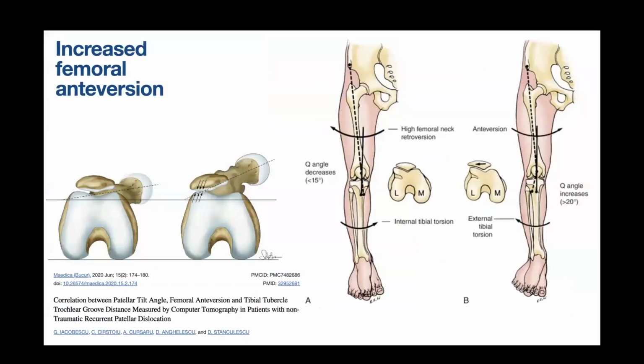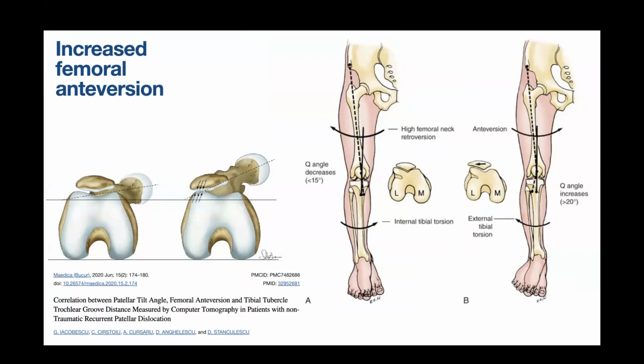Increased femoral anteversion. When you have an increased femoral anteversion, your femur tends to go into a state of adduction and internal rotation. Thus, the tibia tends to compensate by going into more external rotation and abduction, increasing the Q angle, which then will lead to patella instability. A normal Q angle of less than 15 degrees is okay, but a Q angle of more than 20 degrees predisposes